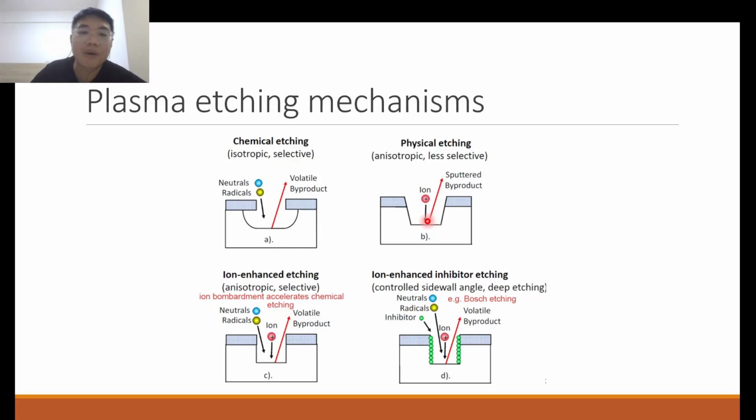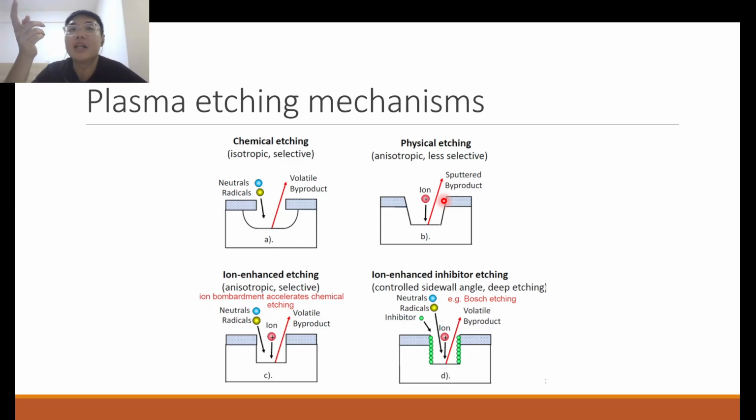Okay, and so the problem is that there's no chemical reaction. Your byproduct is the same material. So it will still be a solid. It will not be like a volatile byproduct. So it can be sputtered all over the place. So it tends to be dirty, and also it's not selective because, as I mentioned in the previous video, in this